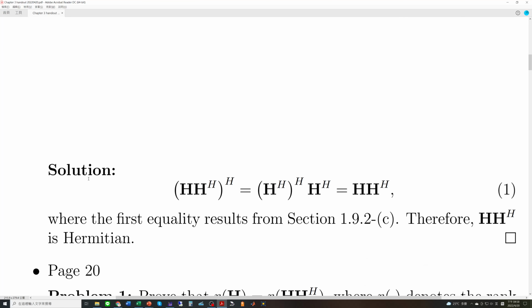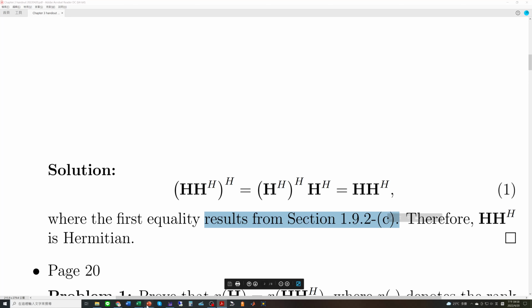A solution. H times H Hermitian and Hermitian again is equal to H Hermitian times H Hermitian, which is equal to H times H Hermitian, where the first equality results from section